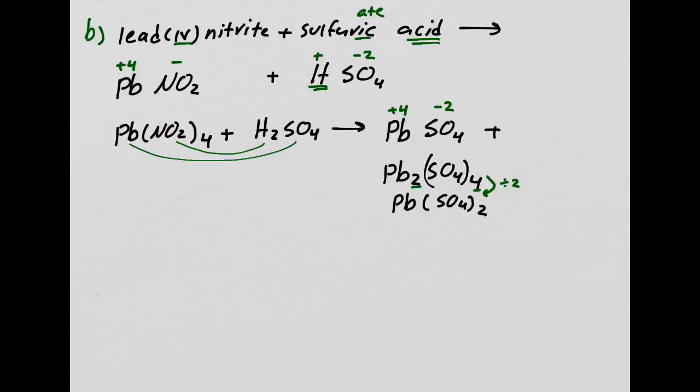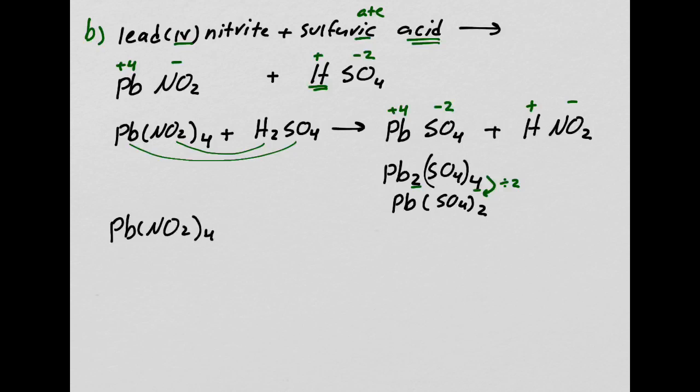I'm going to write the H first because the H is my cation. And then I'm going to write down the NO2 after that. The charge on H is +1. Nitrite is -1. This is already balanced. This was a hard one. So what I get here is